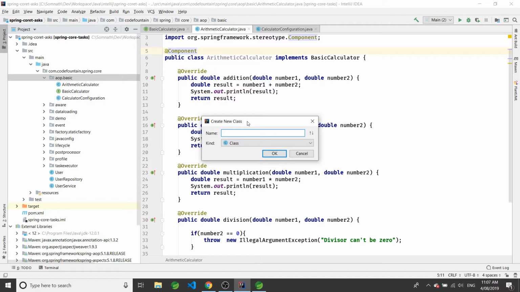So logging is one such concern, and transaction is one such concern which will be spread across your application, as well as caching will be another one. For this demonstration purpose, the easiest one is logging. So we are going to take logging as an example. We will be using Java logging, java.util.logging, and we'll write our CalculatorLoggingAspect here now.